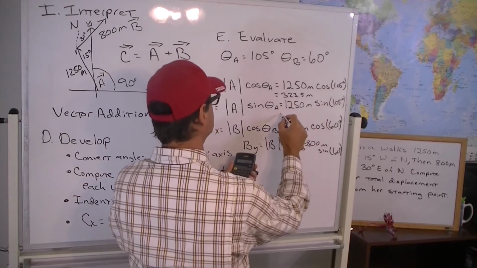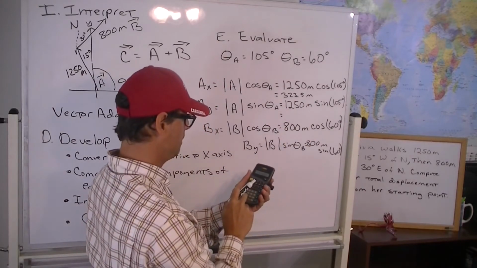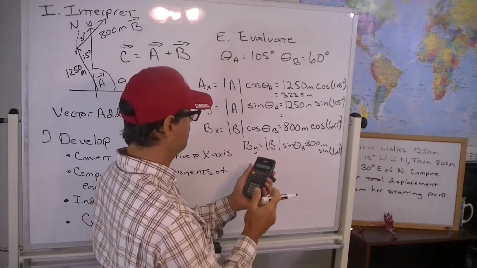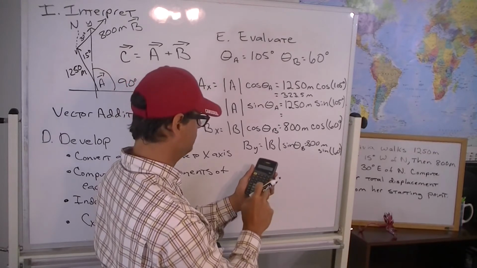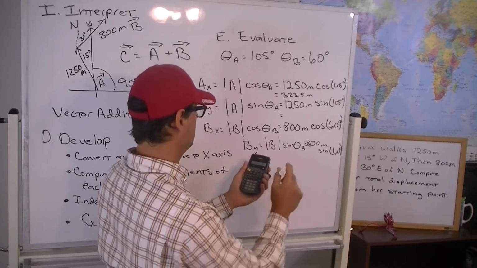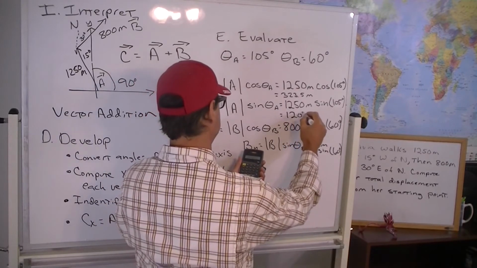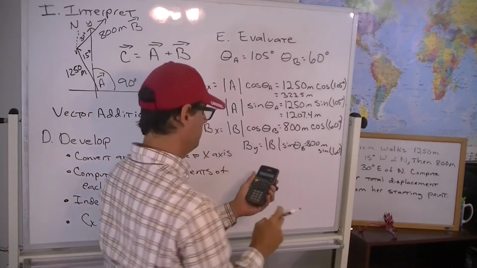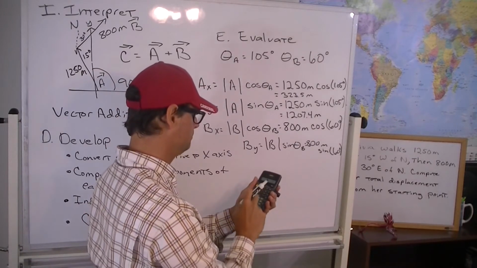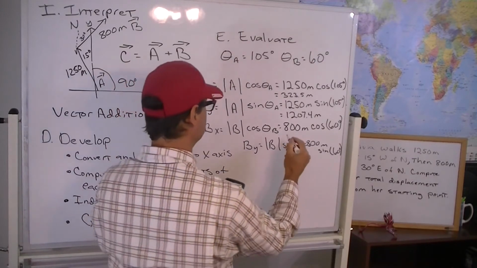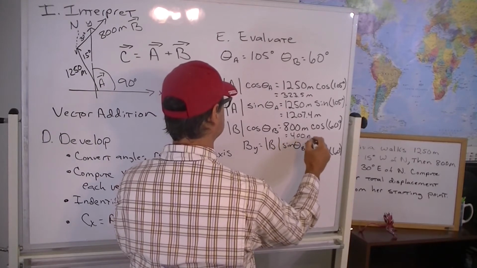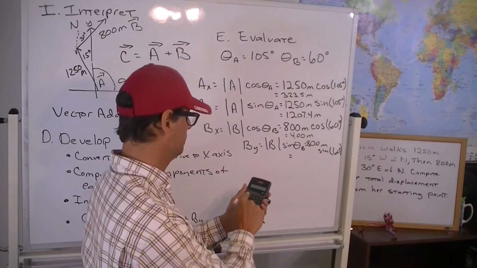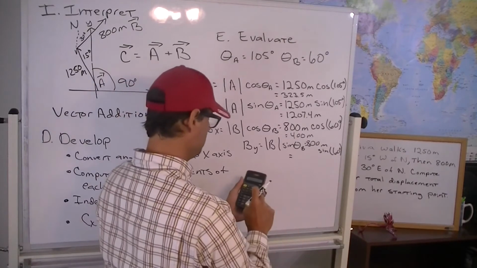323.5 meters. The y component of A, first we compute the sine of 105 degrees, and that's 0.965 and change times 1250. So that's 1207.4 meters. And now the cosine of 60 degrees, 0.5 times 800 is 400 meters. And then the sine of 60 degrees is 0.866 times 800 meters